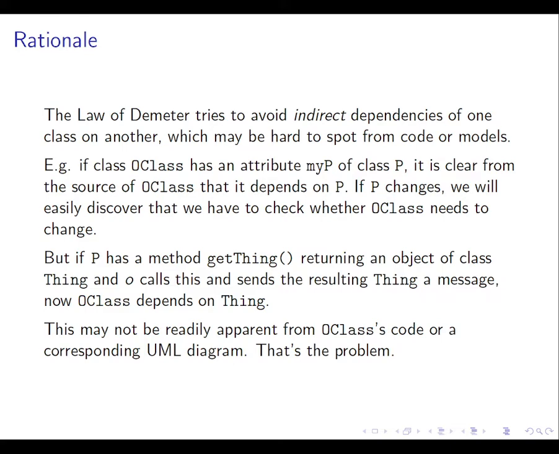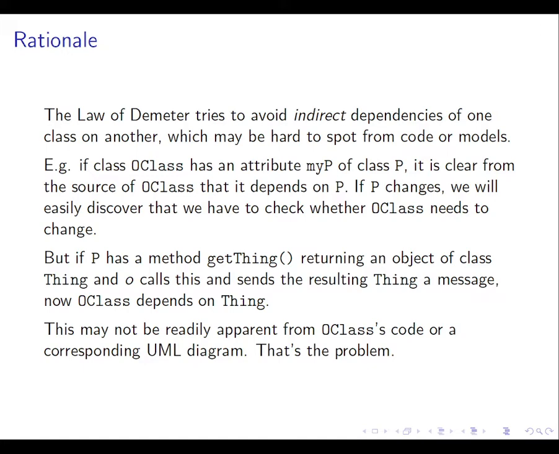Why? Because they may be hard to spot, either from the code or from the models. So you already know that we try to minimize dependencies between classes, but that we can't avoid dependencies altogether, because dependencies between classes is just another word for classes working together, which is what we have to do in software design. Okay? So the compromise is that we understand that dependencies are quite dangerous, and it's important that we be able to identify them so that we can sidestep the danger wherever possible.